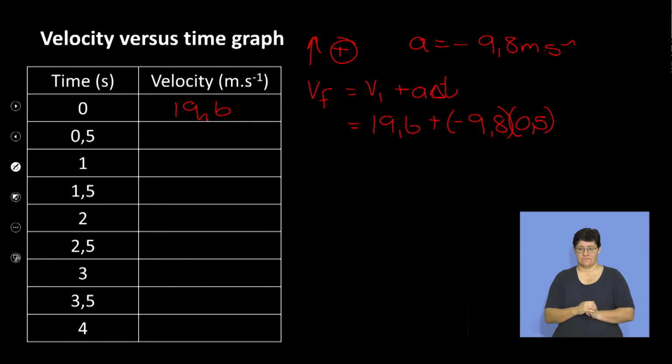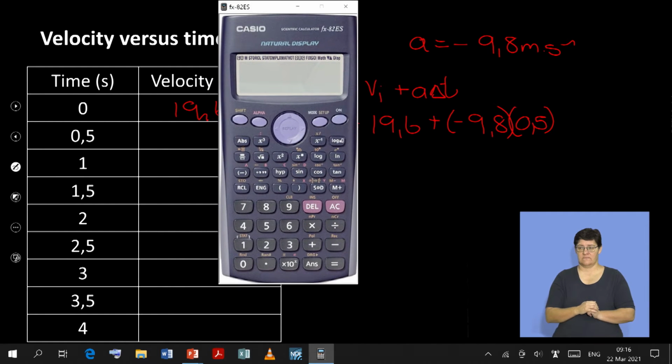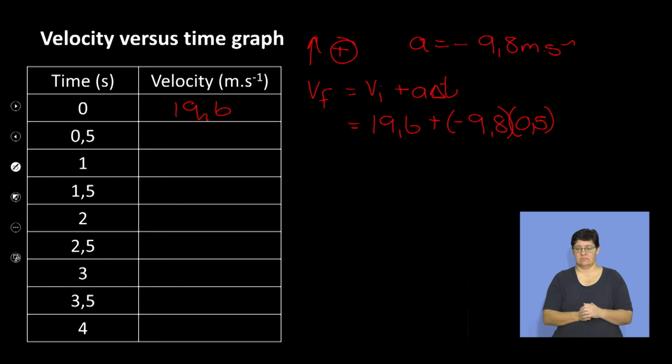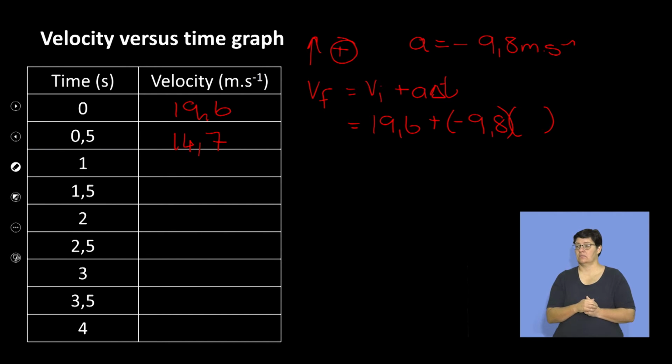right? So we need to have our calculators. Let's just put that here quickly. So we've got 19.6 plus, and it's going to be minus 9,8 times 0.5. And remember, we can't work with it as a fraction, so we get 14,7. So I'm just going to put that in there, all right? Now, what we're going to do is instead of a half,